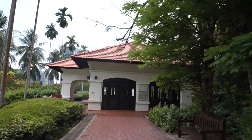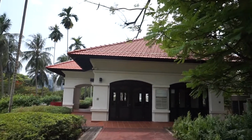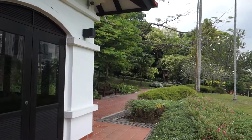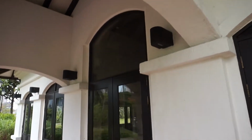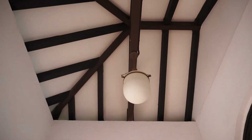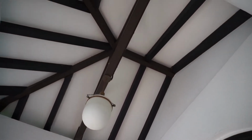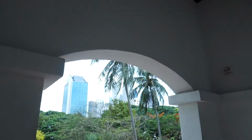And now we come to Raffles House, which is this building here. The original building itself has been demolished. The original building was built in 1822, and it was actually just a wooden house with a thatched atap roof, which was the residence of Raffles and his family. Then this house itself was bought over by the British government, and they renamed it Government House. That was roughly around